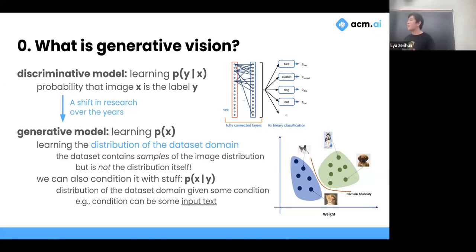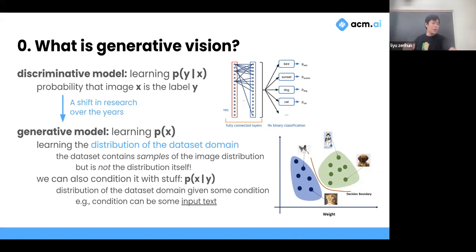Instead of learning the probability that a certain input image belongs to a certain class, we're just trying to model the data itself. We're trying to learn the distribution of data itself. Because if we have learned the distribution, we're able to sample from it. That is, given the distribution, I want an example from the distribution. And what we have done is being able to generate new data from existing data, right?